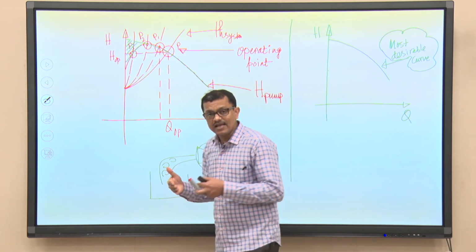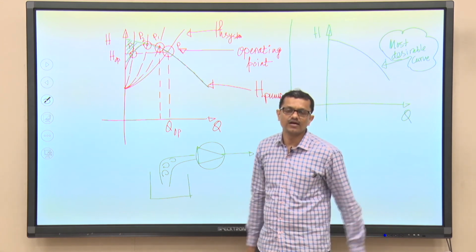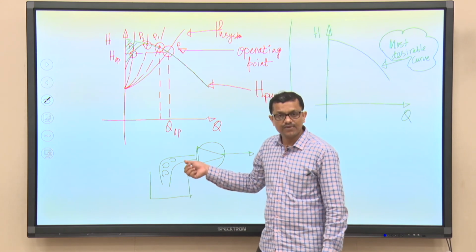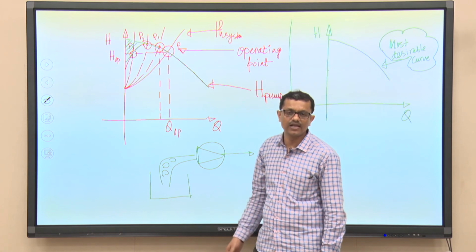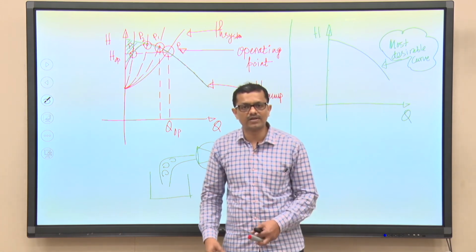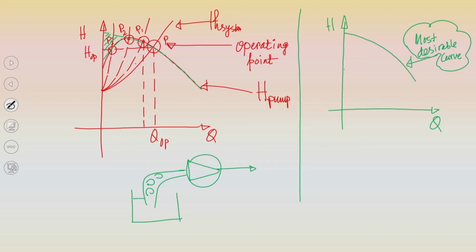And that will lead to another important phenomenon, the recirculation separation losses. The formation of eddies at the pump suction site will have a significant effect on the pump operation, that we will discuss slowly. But for the time being, at least you should know that this pump is drawing water from a reservoir, from a tank which is located at a distance Hs below the pump datum axis, right.